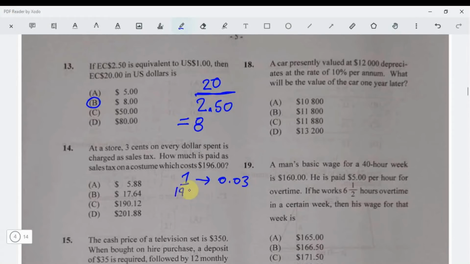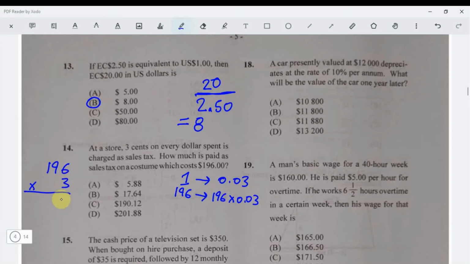So if you spend $196, then you're going to spend 196 times 0.03. That's what you're going to pay in tax. Alright, so let's multiply these. 196 times 0.03. What I like to do is just multiply 196 times 3, and then I'm going to put 2 decimal